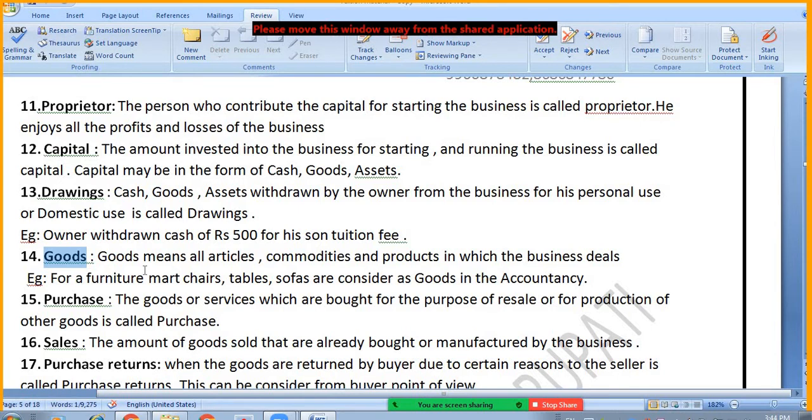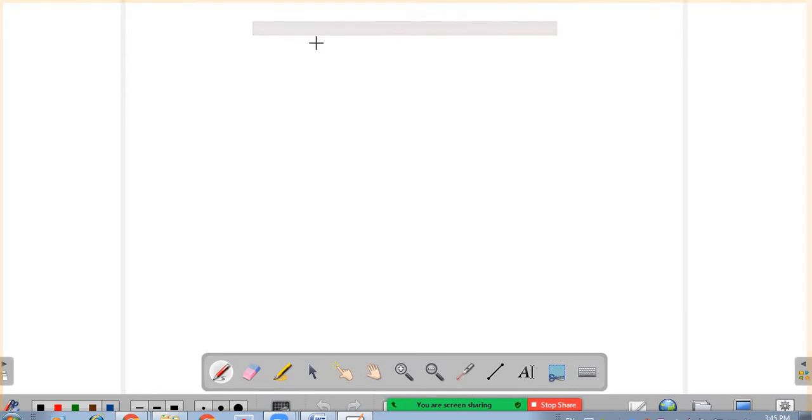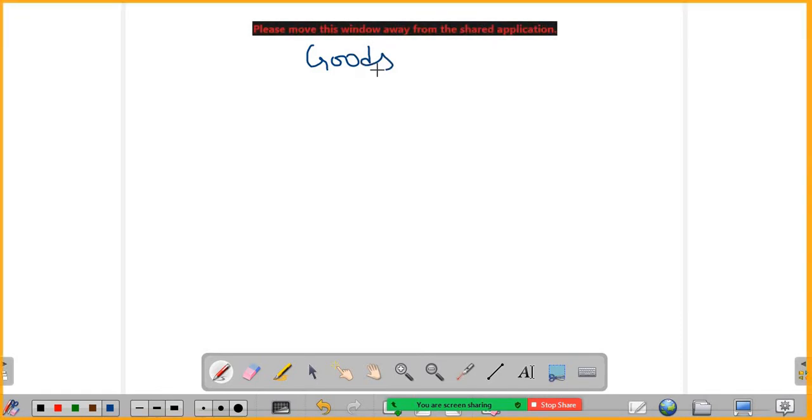Now, in accountancy, goods are classified. Goods can be considered in different ways. Let us see what are the ways in which goods are considered from the accountancy point of view. One is opening stock,